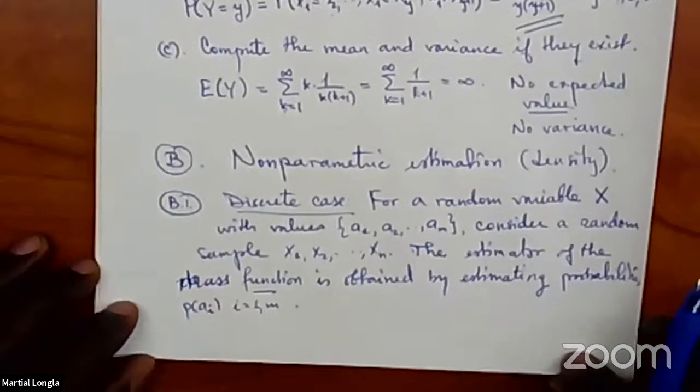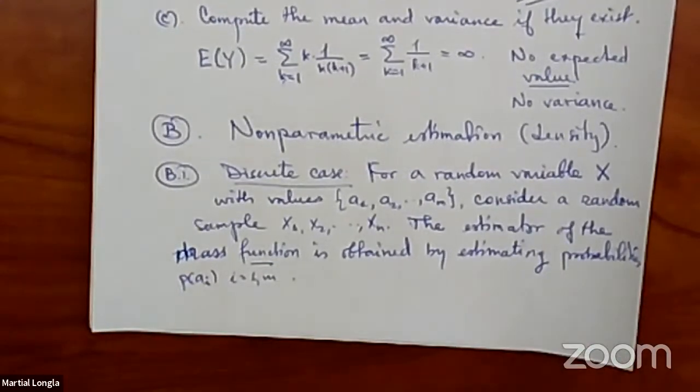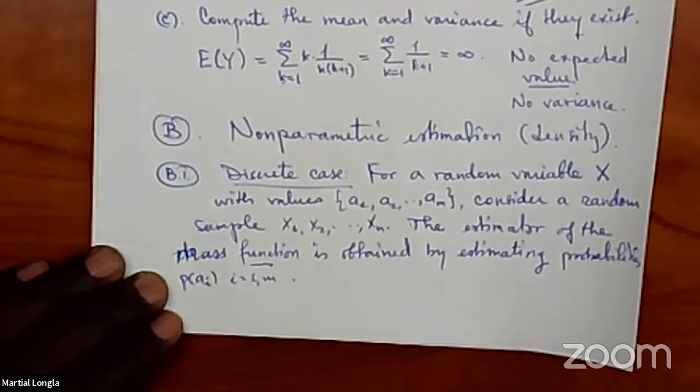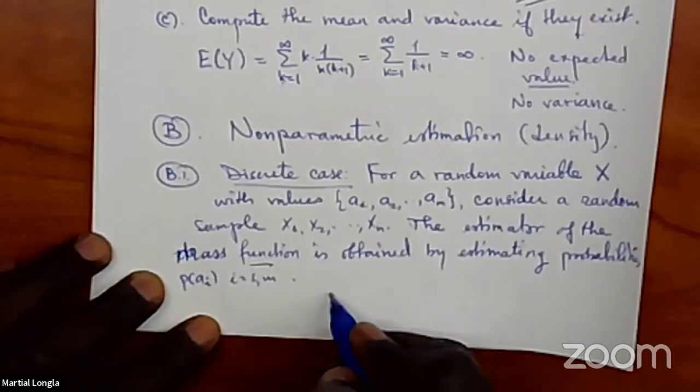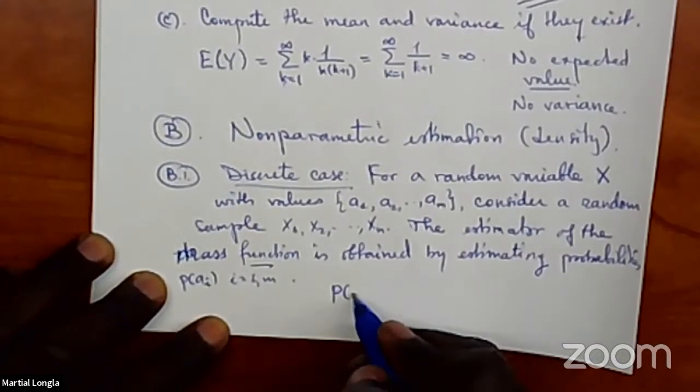So if you can estimate all the probabilities, then you say you have an estimator of the probability mass function. And here, the formula that you can easily use in this case is